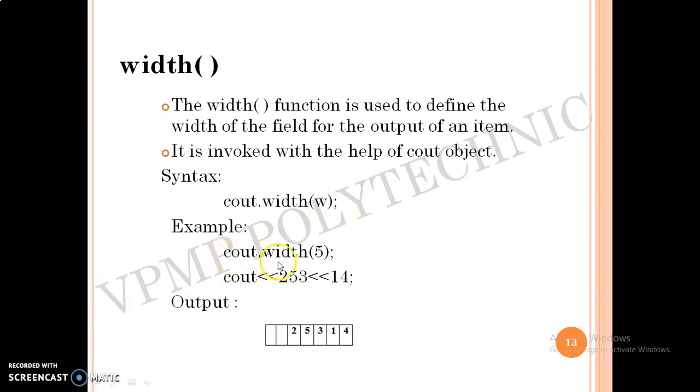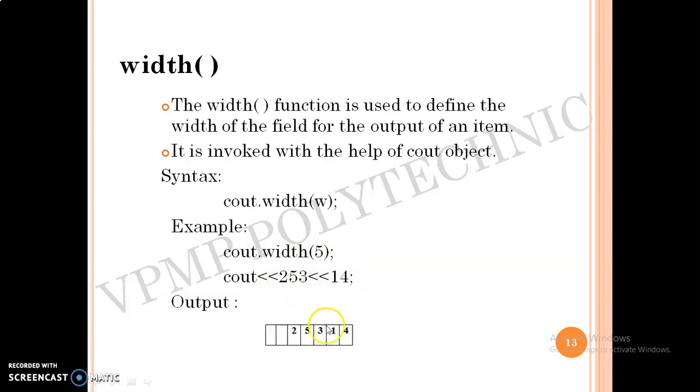So in the program you have to use width 5. It means you are trying to provide 5 spaces. And if you want to represent the data 253, we are just assuming, okay, it is not compulsory to take the same data, then you can use this cout. This is the first variable data and this is the second variable data. As the width is 5, first of all it will take the last value, that is 14 over here.